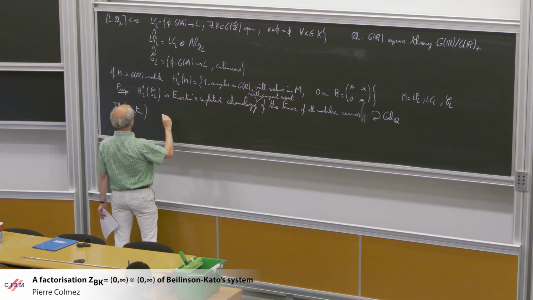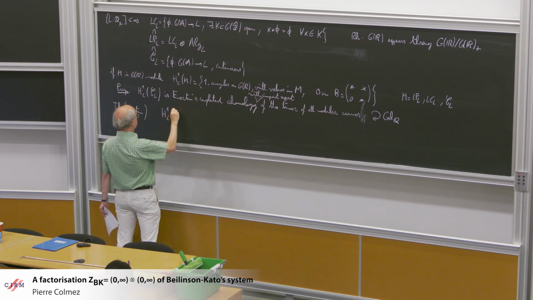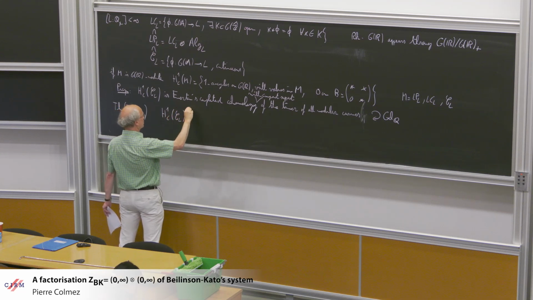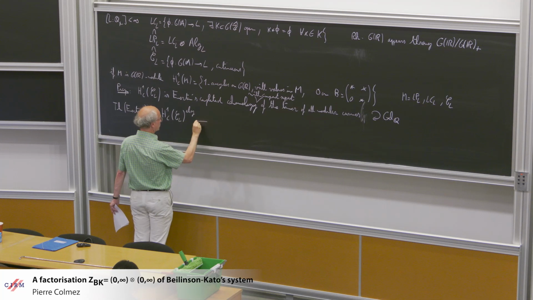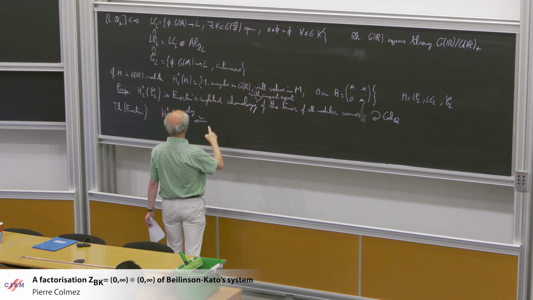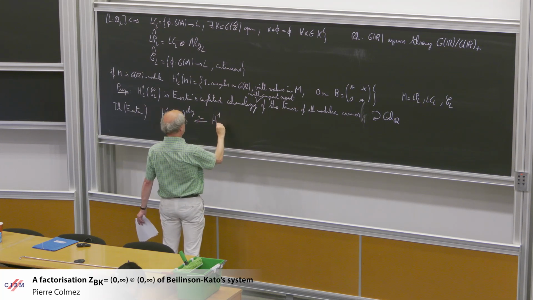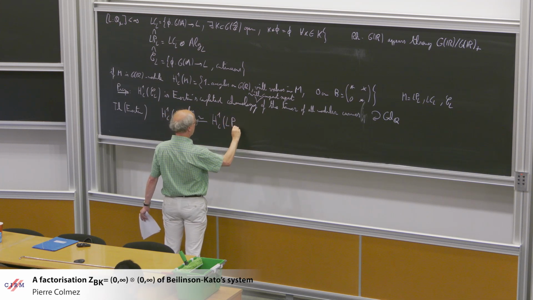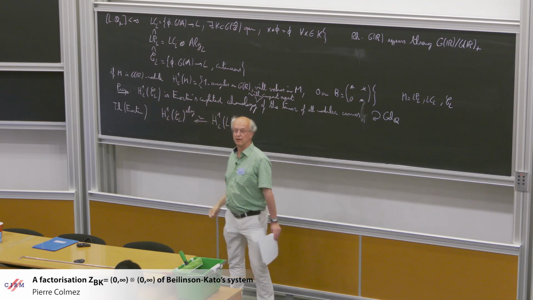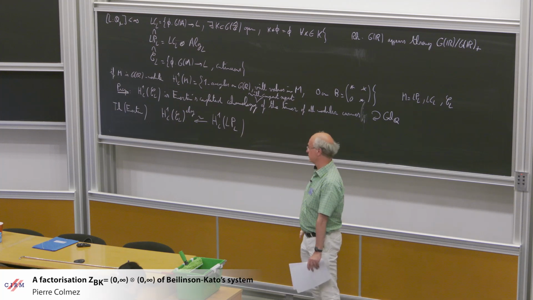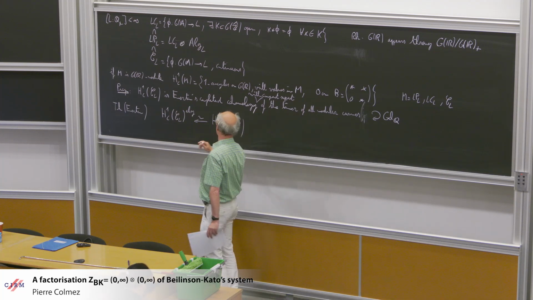So it tells you that H1C L alg is actually, so there is a natural map from H1C L P, L, into this. And what Emerton tells you is that everything comes from